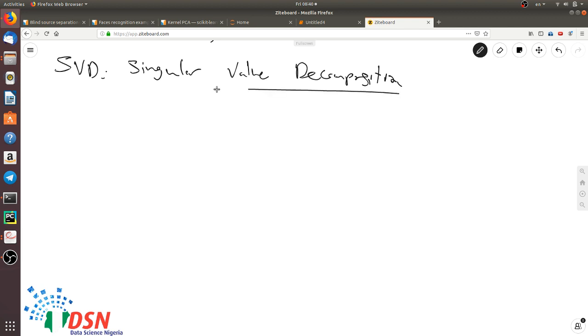Singular value decomposition has a very tight relation to PCA. Many of you may ask yourself what the difference is between SVD and PCA, especially if you have seen SVD in your linear algebra course. But what is SVD? Let's say we have a given matrix,